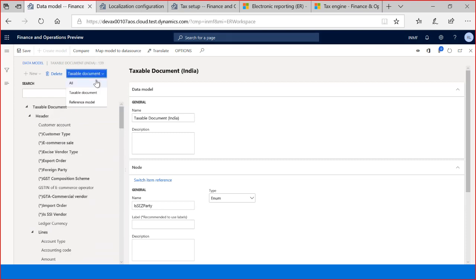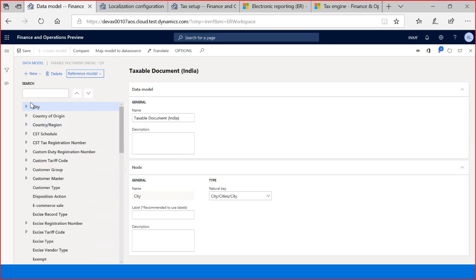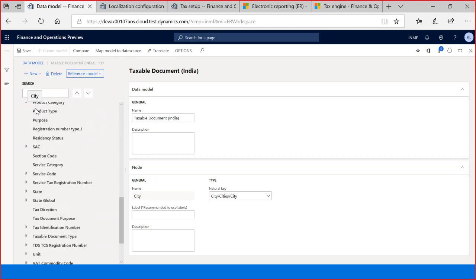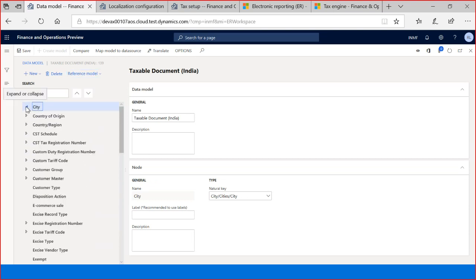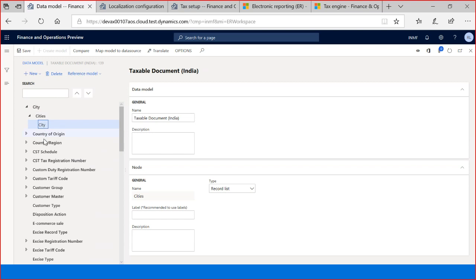On the top, if you switch to the reference model, so now we are in the taxable document. If you switch to reference model, you can see there are multiple other data models. The structure is the same. It's also a tree structure. So we have city, then we have city and city. So why do we need so many additional models, which we call reference models? Because sometimes, for example,